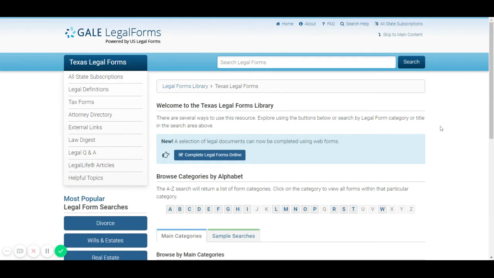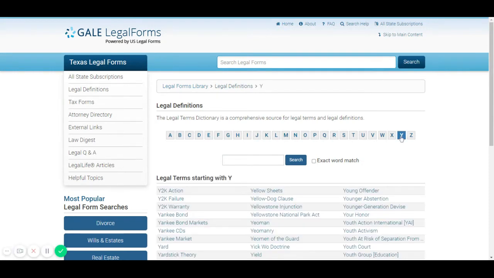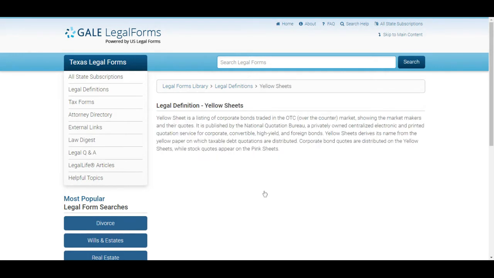We have looked at everything on this page, so I'm going to move on to the second section, Legal Definitions. You have 2 options in the legal dictionary. 1, you can click on any of the letters to browse here alphabetically. Clicking on Y, for example, would give you all the terms defined that begin with Y, and clicking on one of them will give you the definition. Going back,